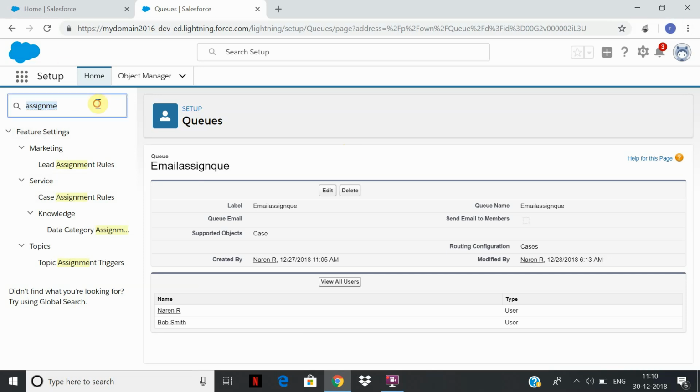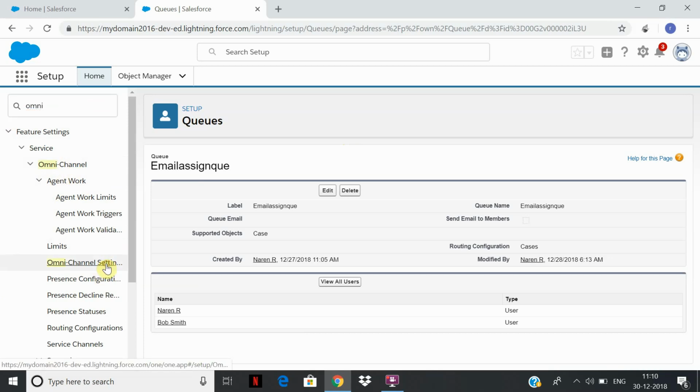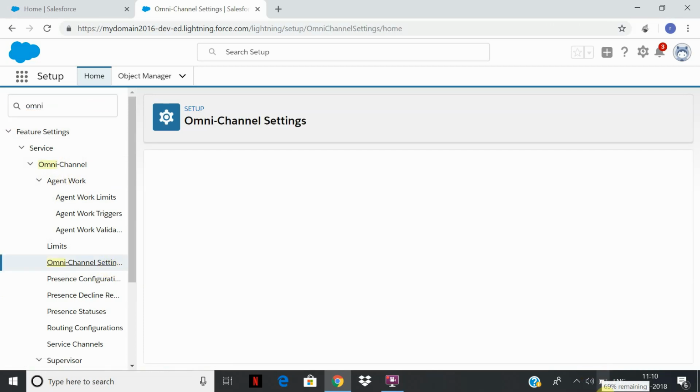For that, first we need to set up Omnichannel. So select Omnichannel. First thing, obviously, you'll have to enable it.